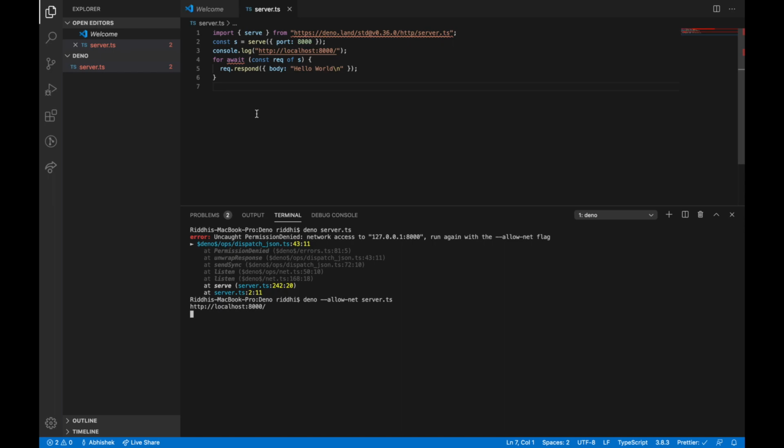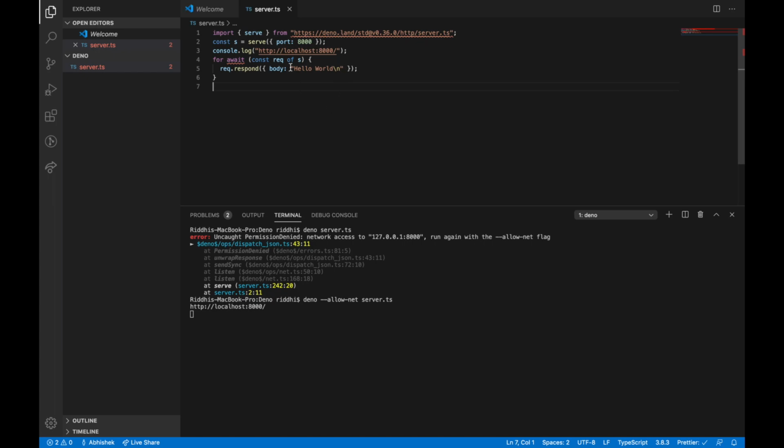The third feature to notice here is that I'm referring to this module from a URL, right? Whereas in Node I have to keep the module somewhere in node_modules and then refer to it. Also, we don't need to use a package manager like npm here, and we don't need to keep a package.json kind of file to record all of our dependencies. Although Deno doesn't hit this URL every single time we run the file, it caches the file so that execution can be faster.